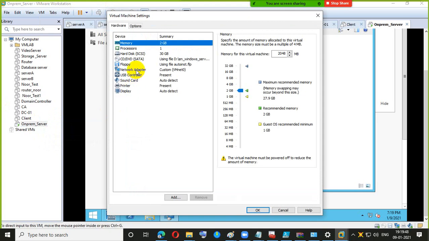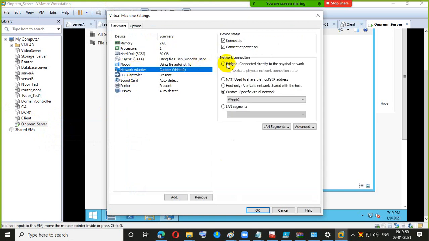How? Because this network is connected through a bridged network, that means this computer will take internet from my base machine. So click OK.